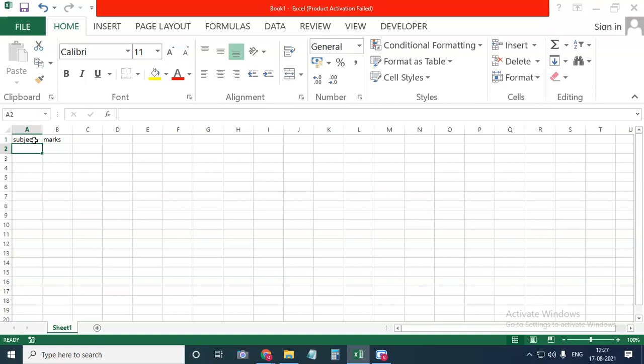In subject, I'll enter your different subjects: English, Hindi, Science, SST, IT, and suppose you have Kannada also, so I'll write Kannada here. Then write the marks, considering it is out of 100.